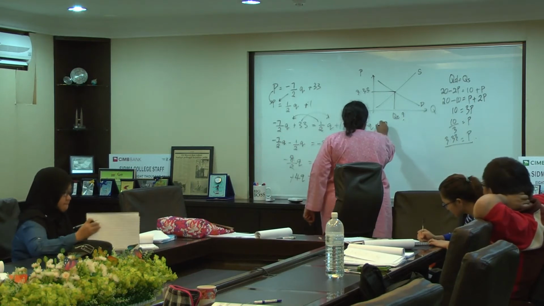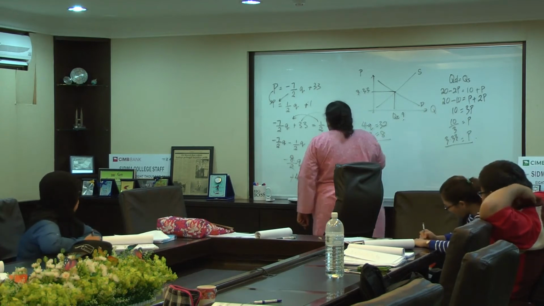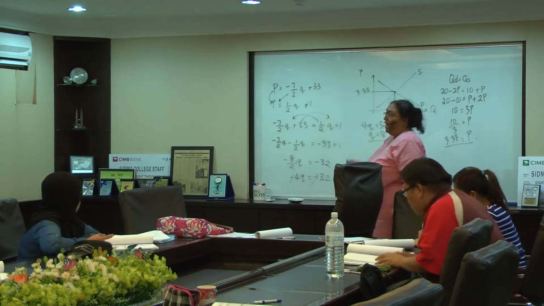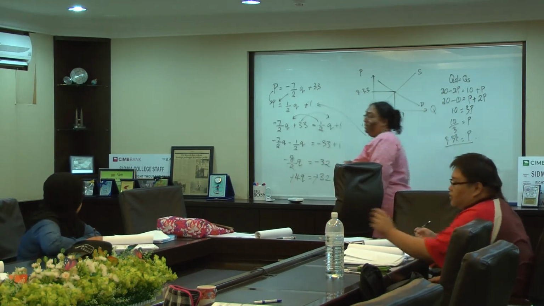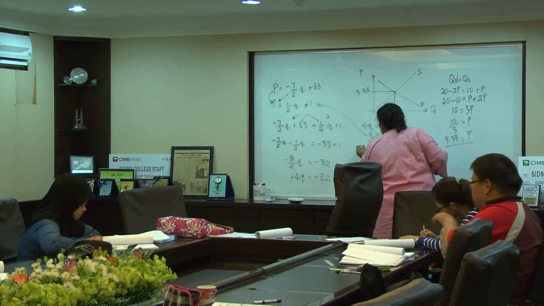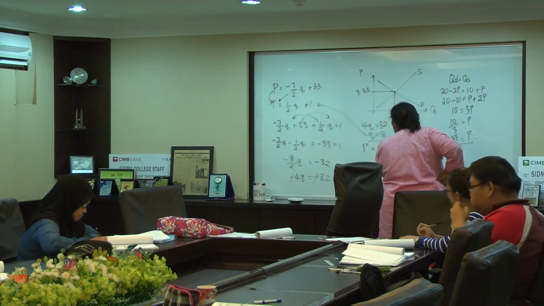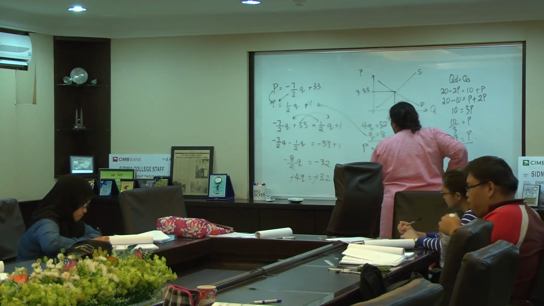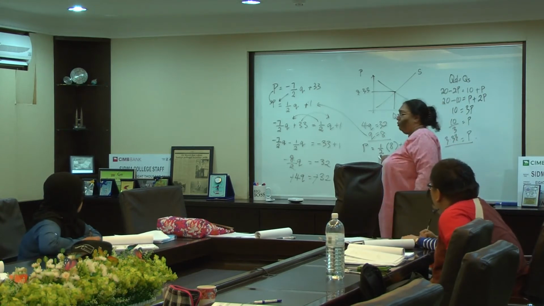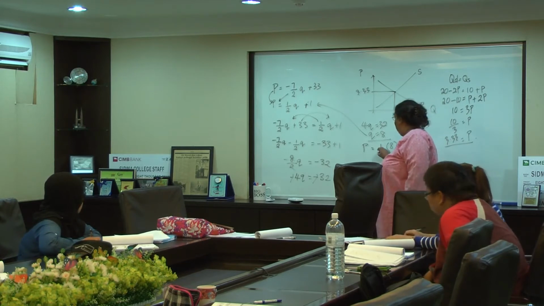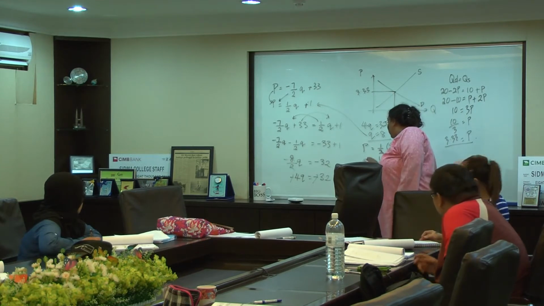What is 4Q? 4Q equals 32, right? 1Q becomes 8. When Q is 8, what is P? I just substitute any one I like. So I substitute inside here because it's easy. So what is P? P is 1 over 2, what is Q? 8 plus 1. Correct? I just substitute Q as 8. So 8 and 2, I can cancel. Correct or not? What I get? Equilibrium price is 5.